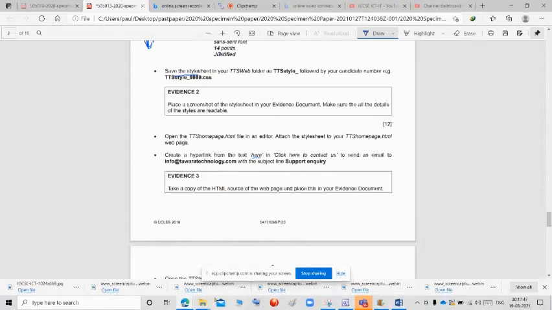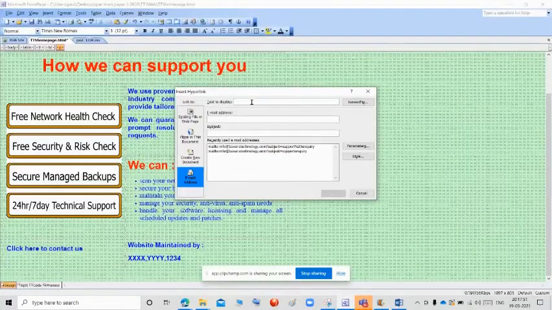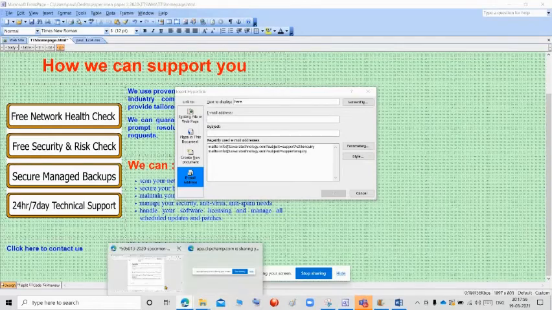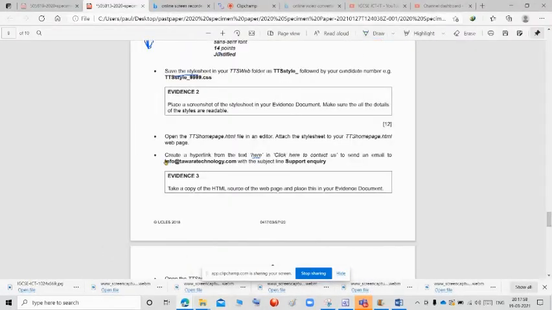Type an email address they are giving, information at tawaratechnology.com.